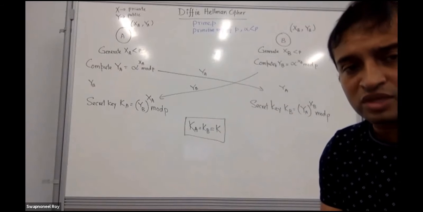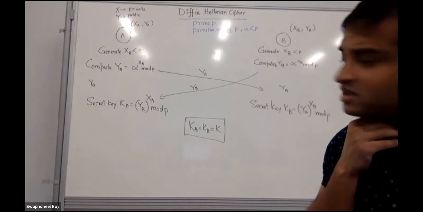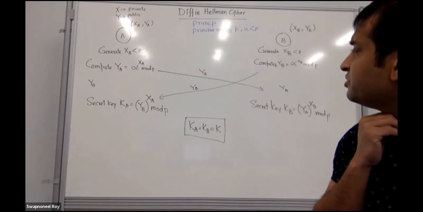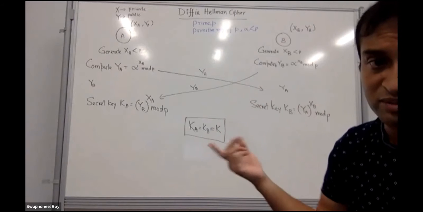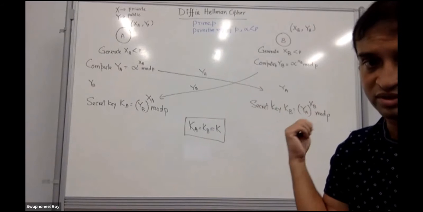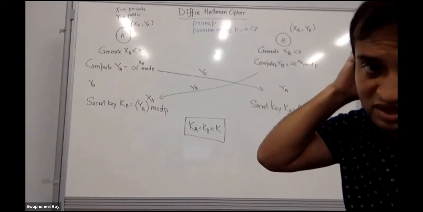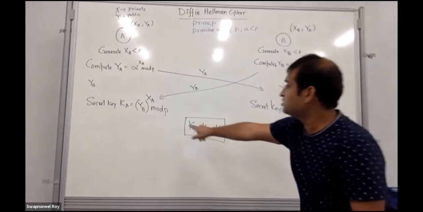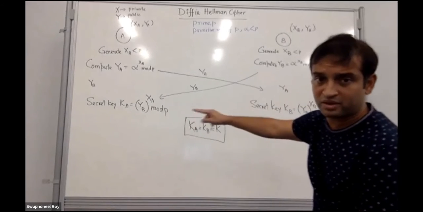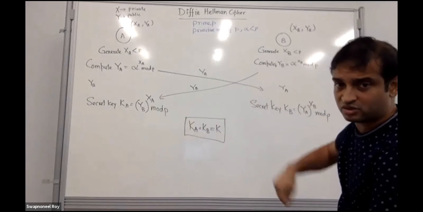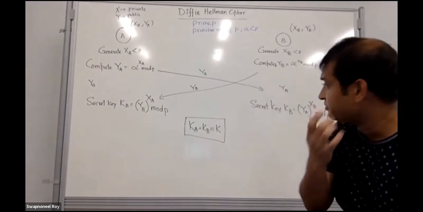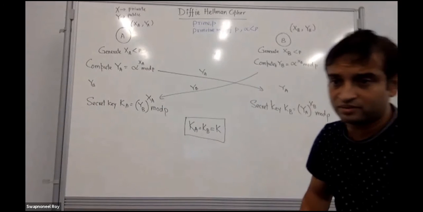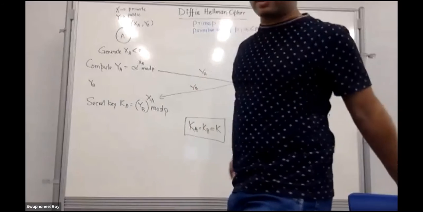Okay, before I proceed on proving the correctness of this algorithm, or maybe I should first prove the correctness before I proceed about the security issues. Okay, first let me prove the correctness of this algorithm. In other words, I want to prove that these two values are actually equal. I want to convince you that they have actually computed the same value. So let me just use the lower part of the board to do that.